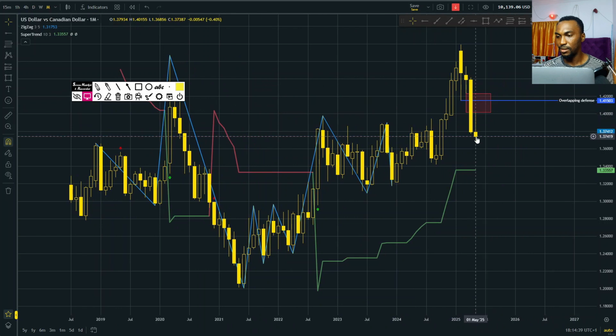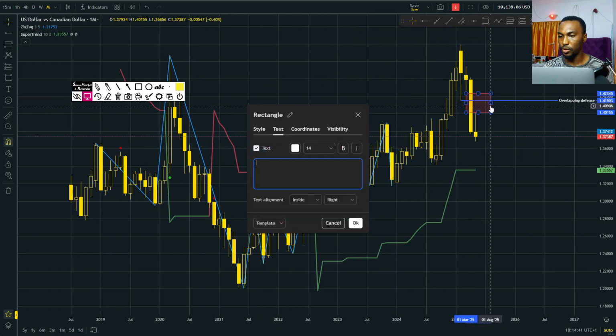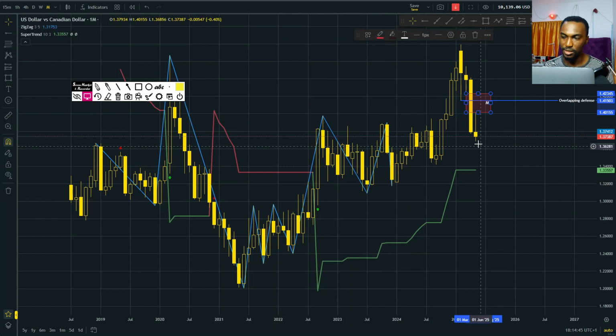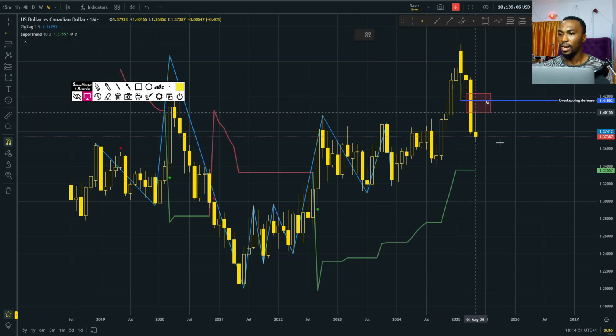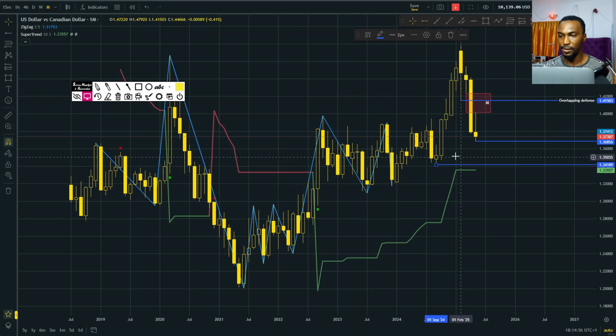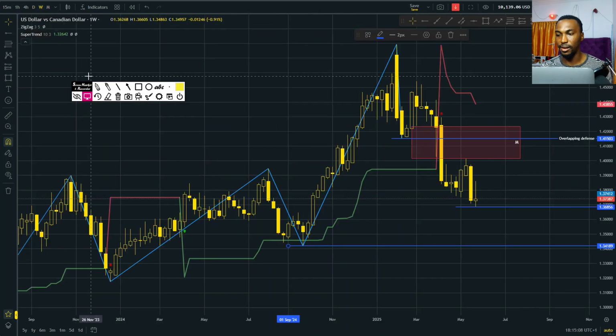The month has ended with a very strong, clear indication of a monthly fair value gap alongside a consolidation third candle, alongside a very good overlap. So I can see price is targeting here and then here. That's what I can say for this market. The US dollar losing against the Canadian dollar to a good extent in the coming times based on technical analysis with the strategy MMC, right?